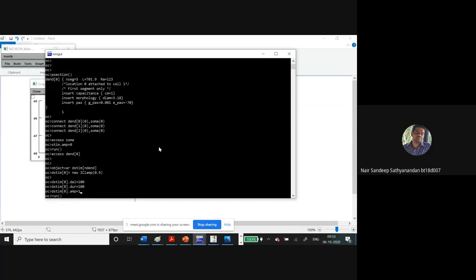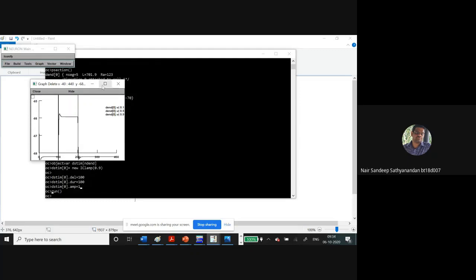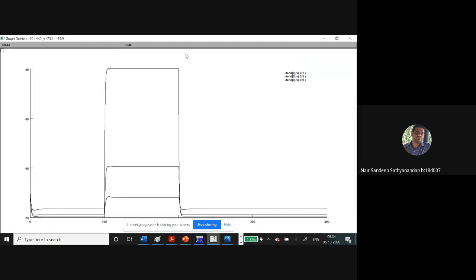Try to run it. Okay, something changed. We can see that it is going out of view, so we can just go to view and then view plot. It will change the properties.